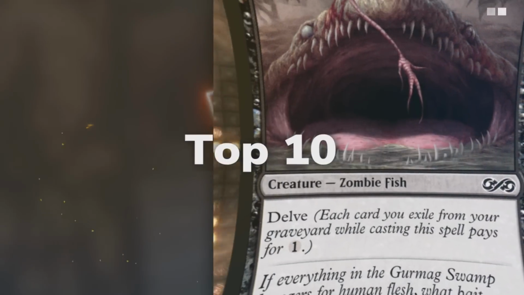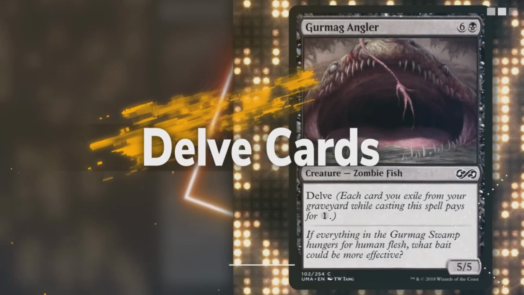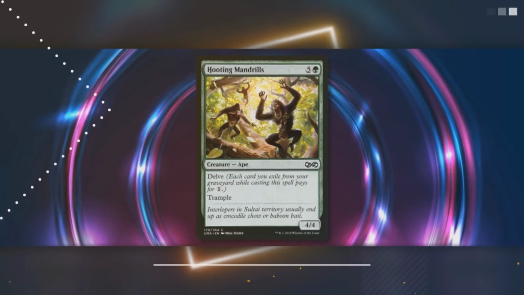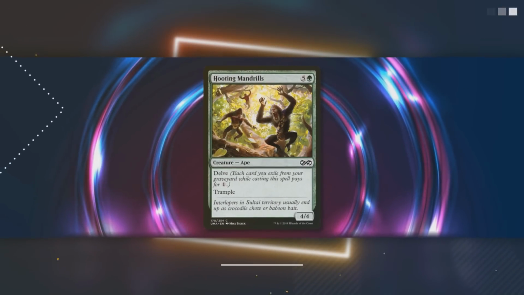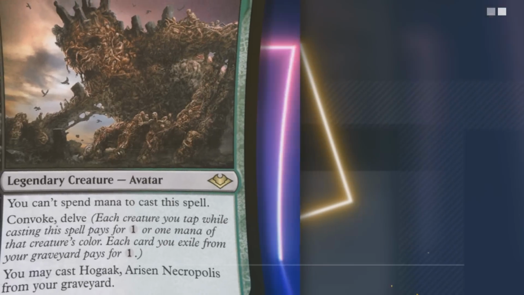Delve is a mechanic in Magic the Gathering that allows the caster to help pay for their spells by exiling cards from the graveyard. For each card exiled, it reduces the cost of the mana you actually have to pay by 1. Delve only appeared in 2 sets, but has been an incredibly powerful keyword throughout Magic's history. So today we're looking at Delve's short but potent history of the game and going over some of the best